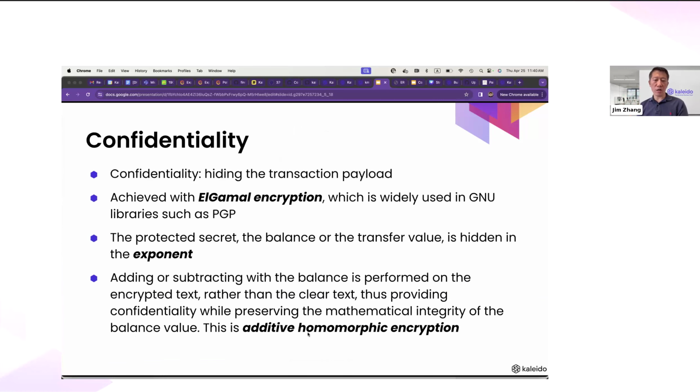A little more detail on how confidentiality is achieved, and in particular, how we utilize ElGamal encryption. This is not a new encryption scheme. It's widely used, for example, GNU libraries for PGP encryption. It uses ElGamal encryption. And essentially what this does is the actual balance to be hidden is hidden in the exponent. So this is doing fairly fundamental algebra, right? Just doing